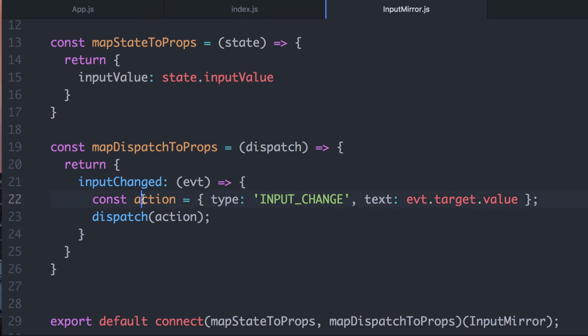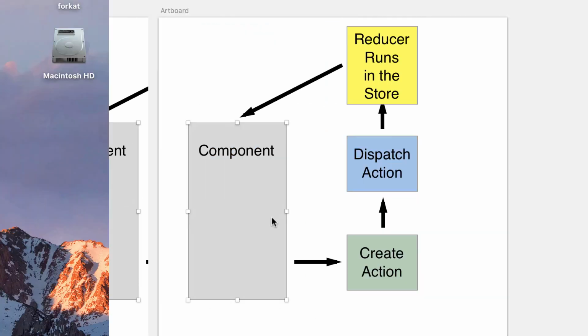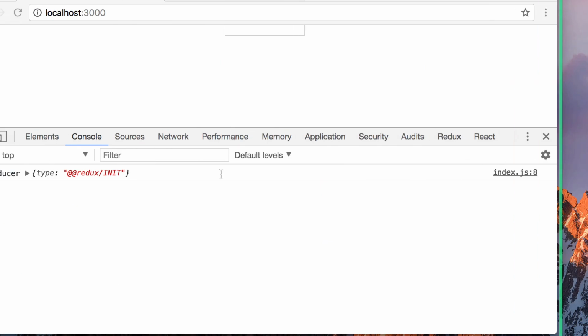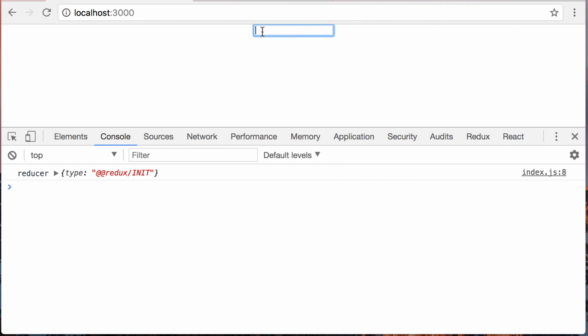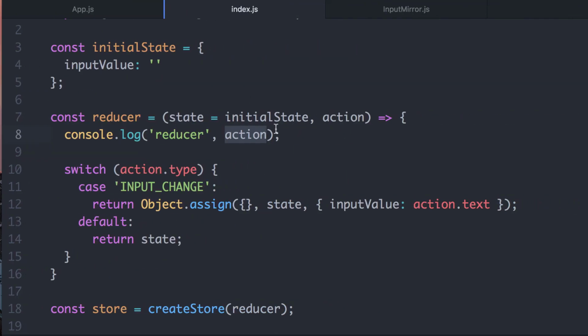And so we take this action and we dispatch it. And when we dispatch it, it goes into the magical land of Redux, which makes it go ultimately into the reducer. So it hits right here. Here's our action. We can see right here that the text is A, and that is exactly what I typed. And so the action comes in here with a text of A and a type of input change, comes here, it falls into this case,